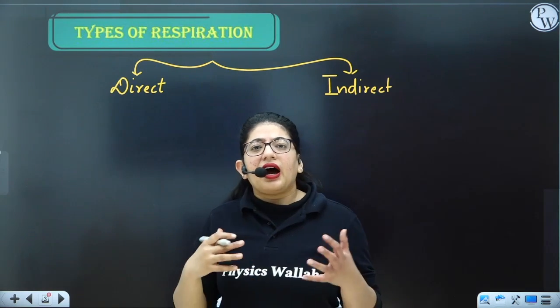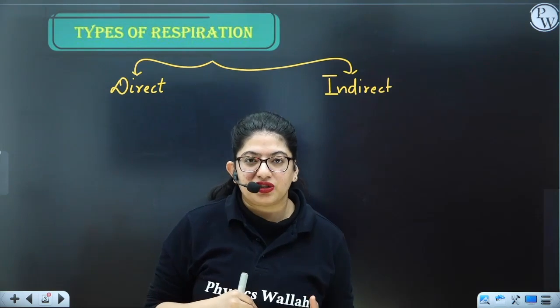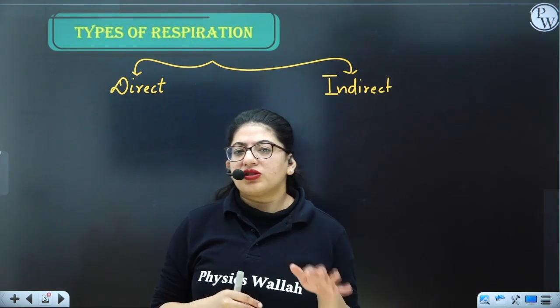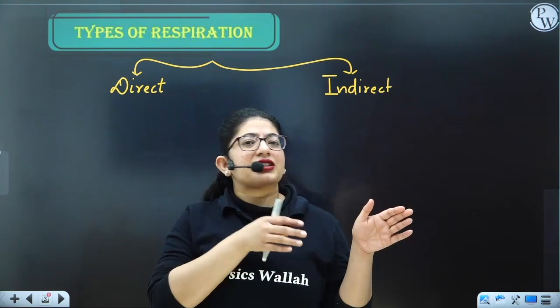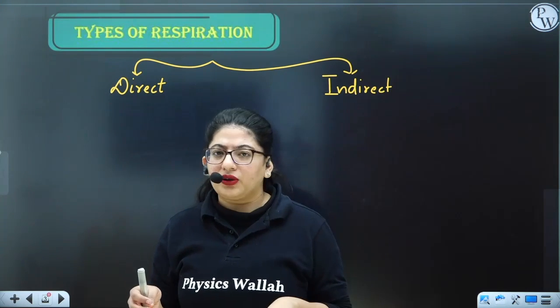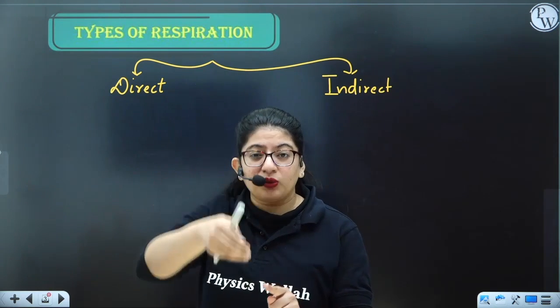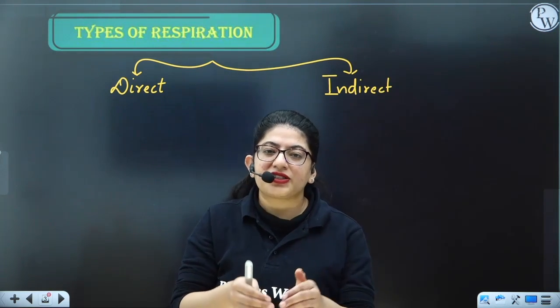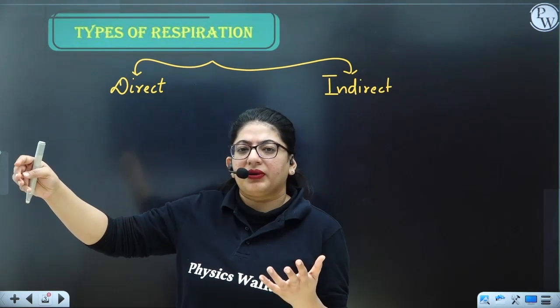So we are taking in the oxygen with the help of our respiratory passages, and then the oxygen goes into the lungs and then into the tissues. So our air is not in direct contact with the tissues, rather the air is just going into the lungs, right? From the lungs there is exchange of gases, and then the gases move to the tissue. This is what happens in us, right?